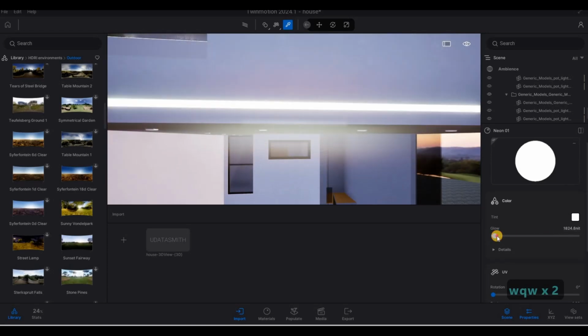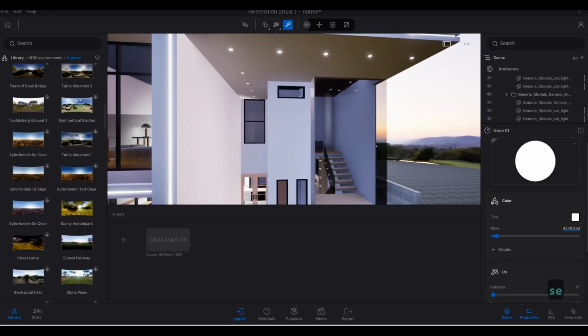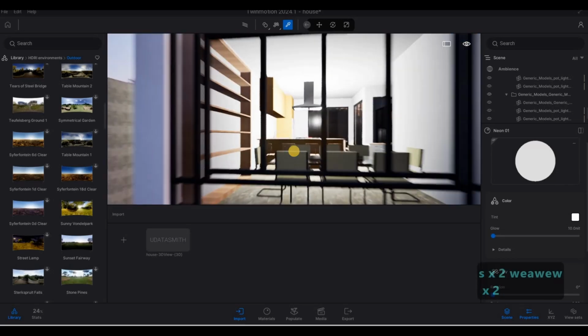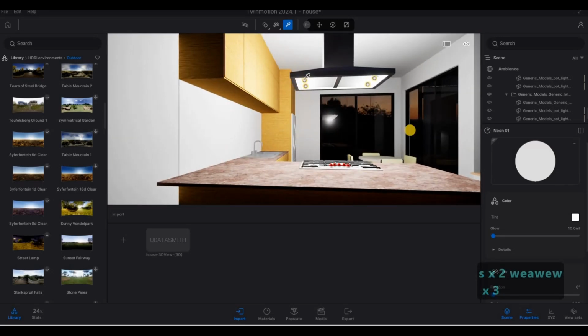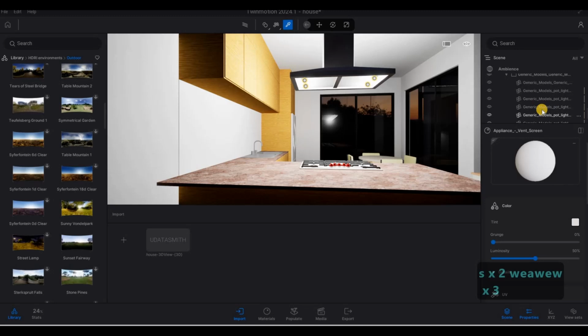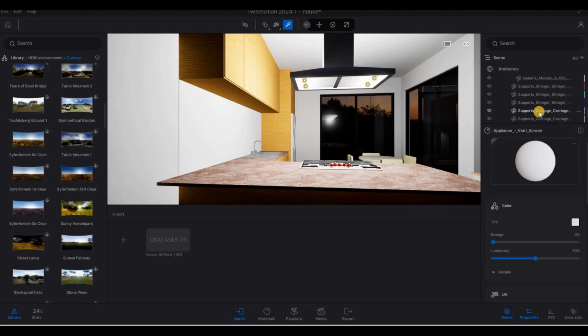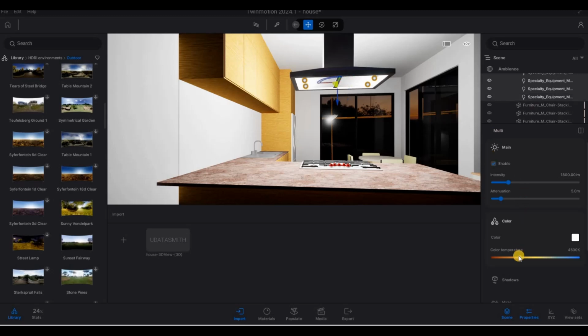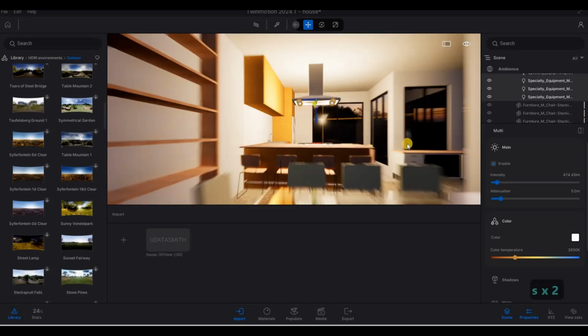So the glow, we could just lower it a little bit. We could put maybe 10, because once this one is rendered, you can see the difference. And then here, this is one of the materials that is from Revit, and if it's lighting like this, that means it's been set for the intensity. I kind of like the brownish, and then the intensity, we're gonna lessen it down